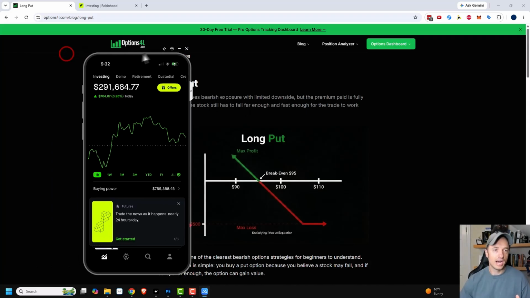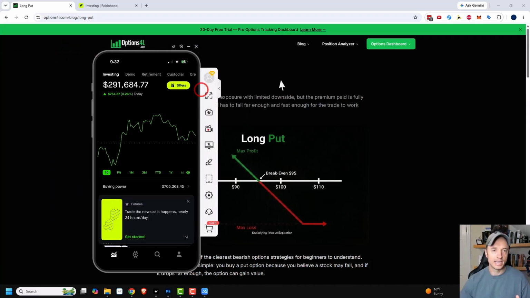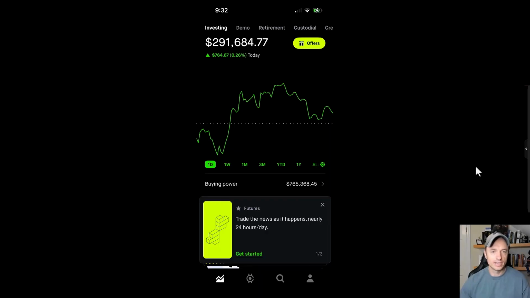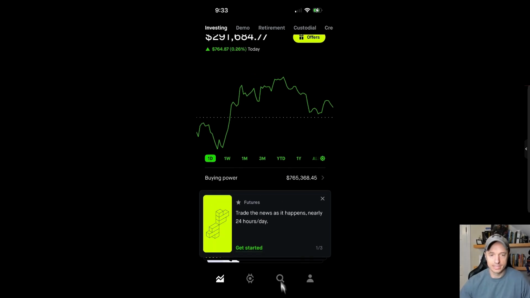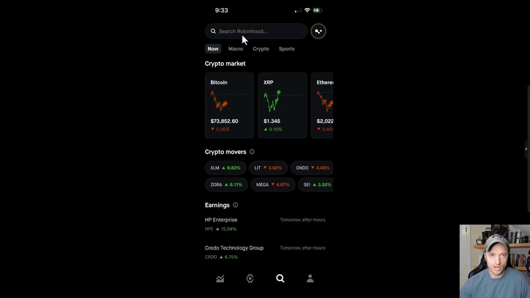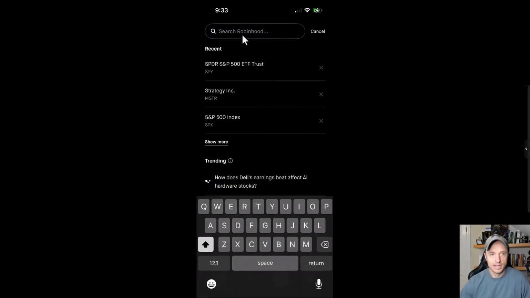Now let's go ahead and hop over to my mobile device and we'll go through it over there. Alright, so here we are in Robinhood, and in order to buy a put option, we need to navigate to the ticker symbol that we want to buy. So what you can do is click the magnifying glass right down there at the bottom, and then come up to search Robinhood. So we'll tap into there, and then enter the ticker symbol that you're interested in buying the